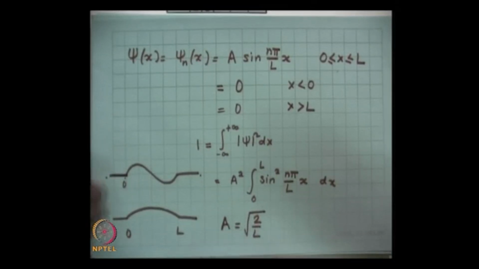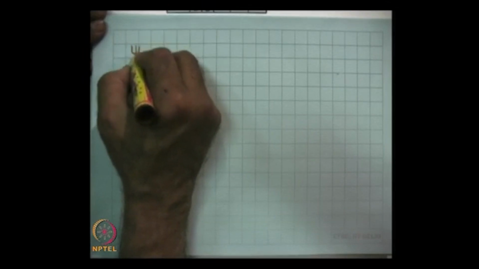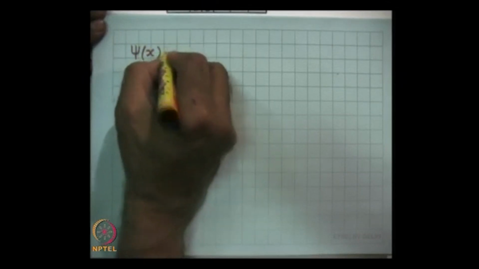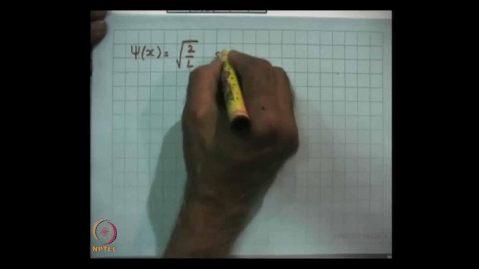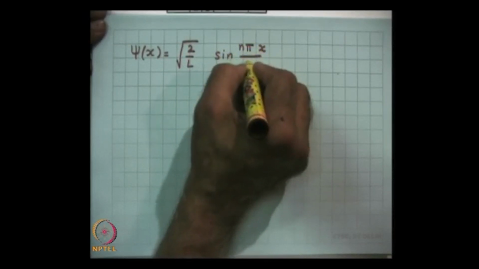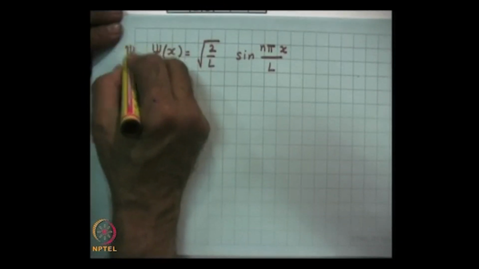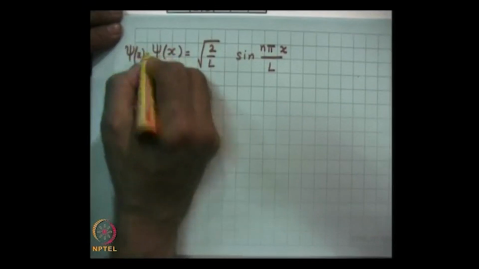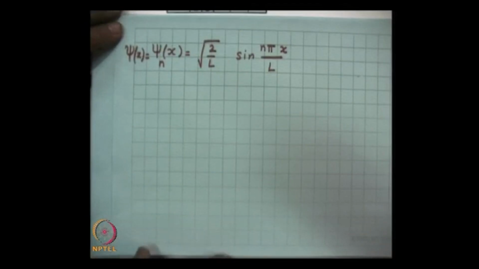So, this is known as the normalization constant, and therefore, for the particle in a box problem, psi of x is equal to the square root of 2 by L sine of n pi x by L. Actually, you should write this as psi of x is equal to psi n of x. These are the discrete wave functions corresponding to the particle in a box problem